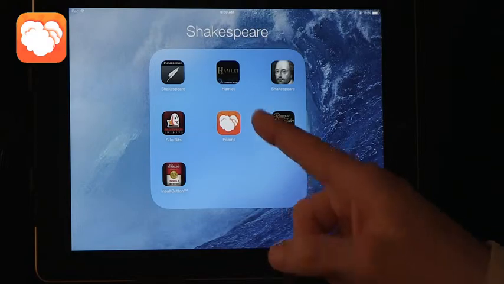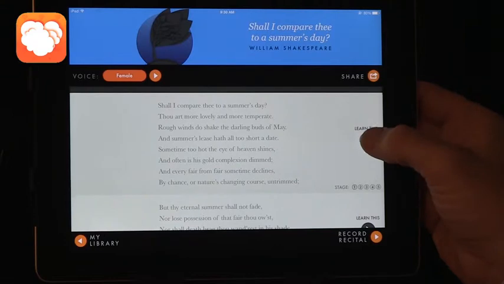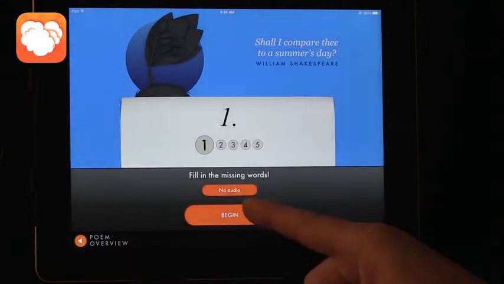The last one that I want to talk about takes us to a different part in Shakespeare's work, and this is poems from Penguin, and this allows you to memorize a poem. In this case, it's one of Shakespeare's most famous sonnets, Shall I Compare Thee to a Summer's Day? And this one allows you to listen to a recording and to practice on your own reading that poem. So you can learn this,